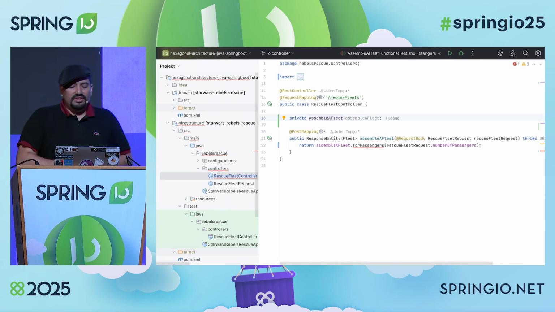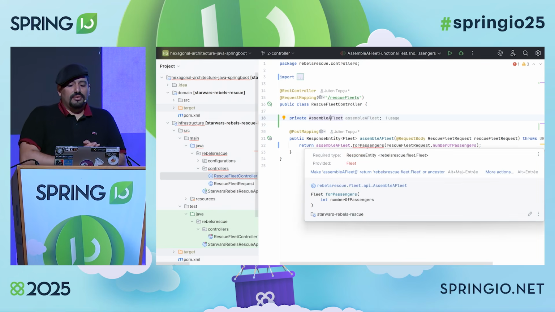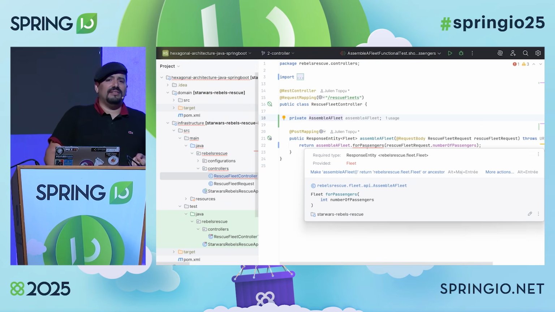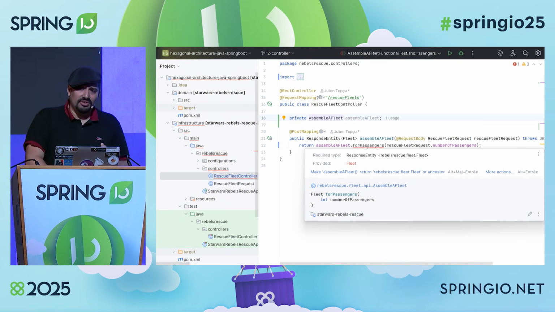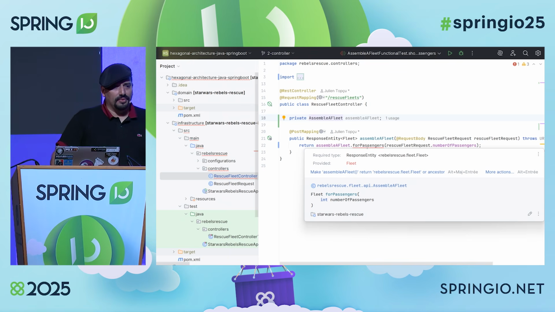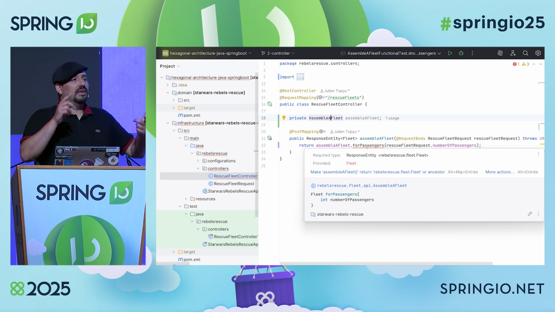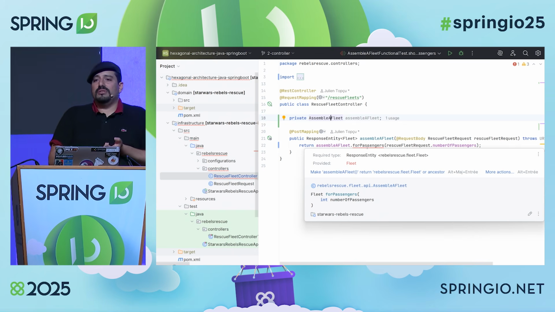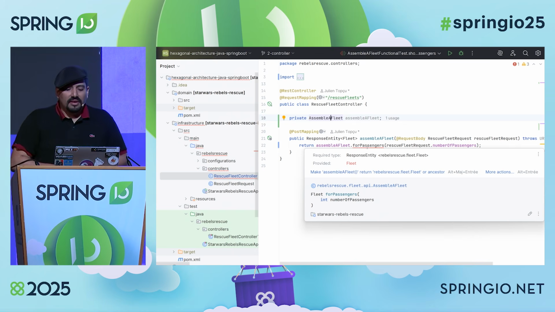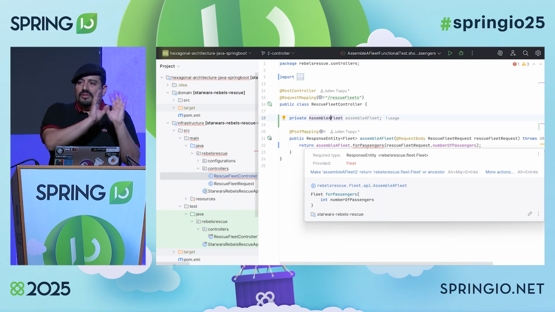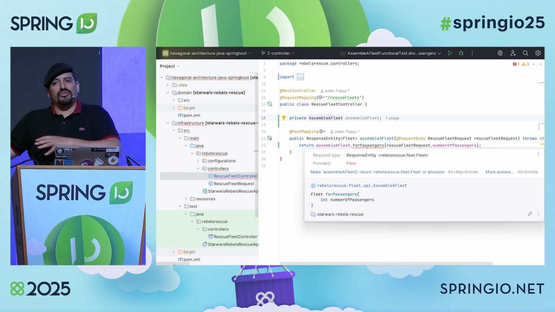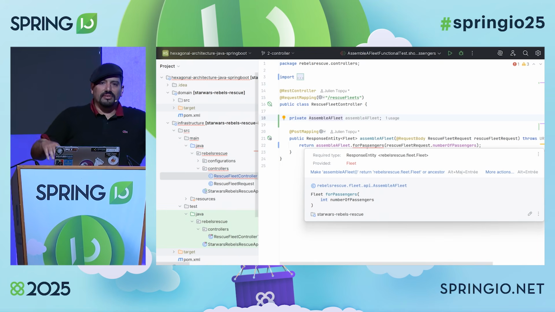OK, so as you can see here, it's not compiling because the domain returns a fleet while the controller expects me to return a response entity of that fleet. As you may know, ResponseEntity is a Spring representation of an HTTP response, in which you can set the headers, the HTTP status, and the HTTP body. So definitely it's not something I want inside the business logic. This is technical and related to Spring.